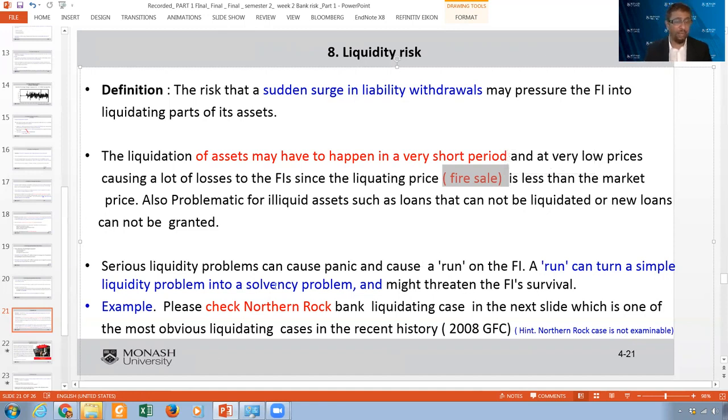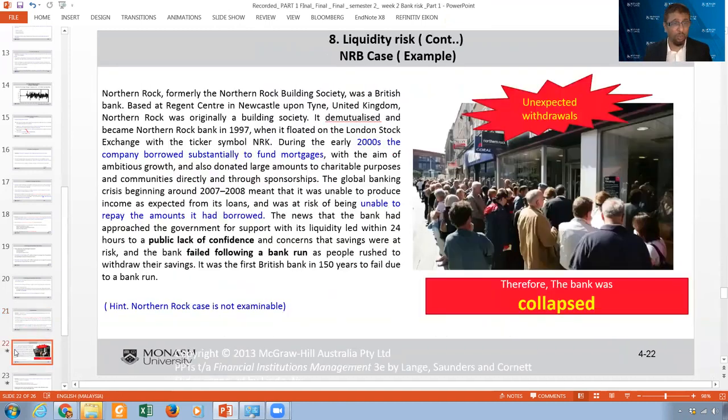Now, we have seen too many examples. In Australia, we have the Bank of Victoria. During the financial crisis, Lehman Brothers collapsed because of liquidity. Northern Rock is another example, and you can read about it. Northern Rock was a very good bank, and the Bank of England, which is the central bank of England, was trying to help in 2008, but they couldn't, because of this huge queuing up. This is what we call a bank run, because of reputation.